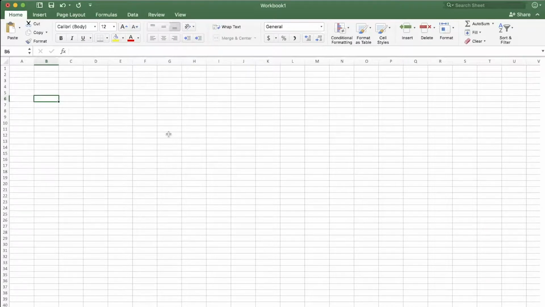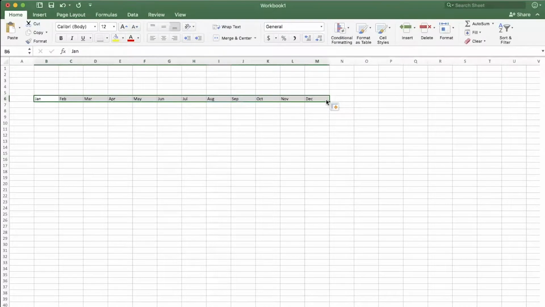Here we go. I'm going to put in cell B6 for January. Then I'm going to place my cursor down in the bottom right-hand corner so that the plus turns dark, and I will drag across until I get to December. I'll release, and you'll notice that it autofills all the way across. It knows that Jan is short for January, and it goes ahead and autofills across, also using the abbreviations for the rest, which I think is really great.